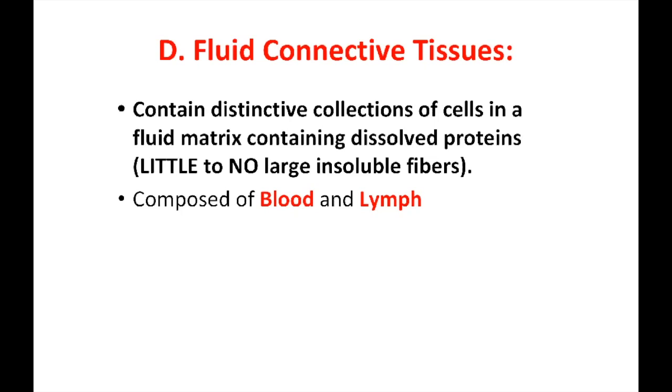So, the ground substance that is generally either gel like or firm, in this instance, contains only dissolved proteins and little to no insoluble fibers, which allows the consistency of the tissue to be fluid as a result, because there's nothing holding the cells locked in place because the matrix is so